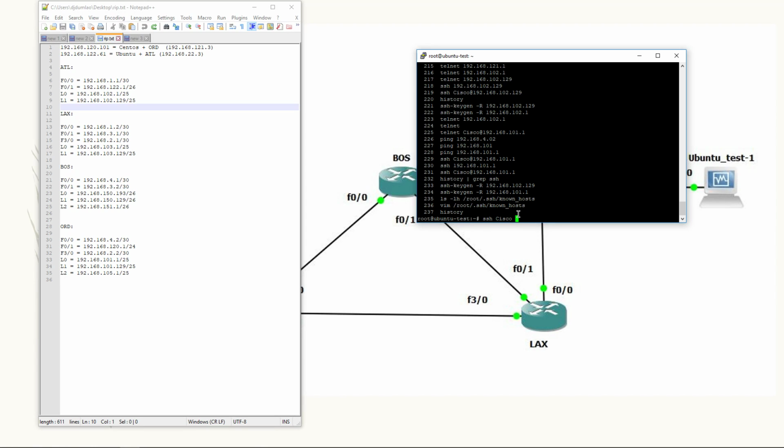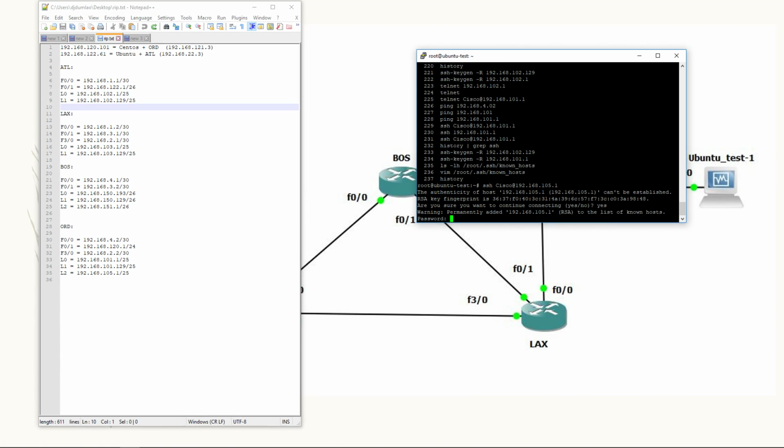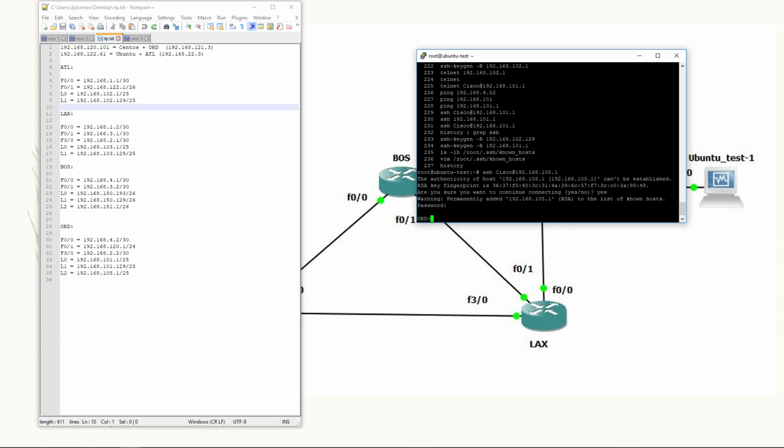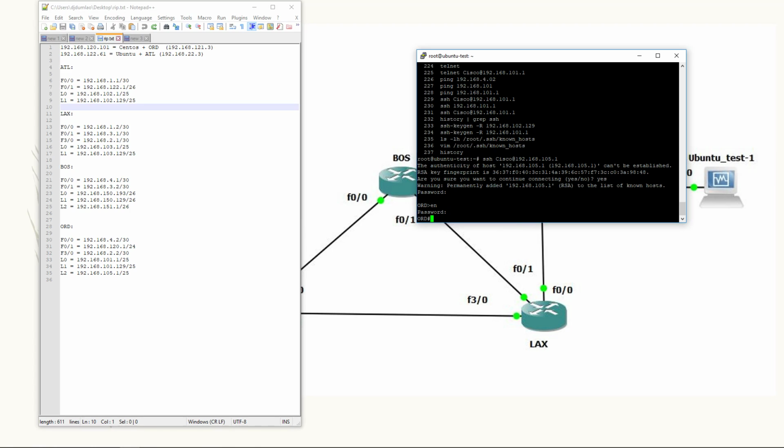Let's go at 192.168.105.1. Yes. And it's going to ask you for the password. Enable. And then